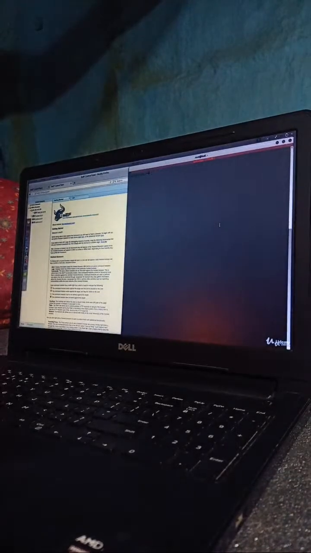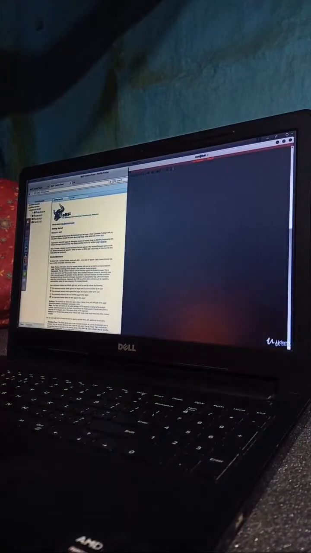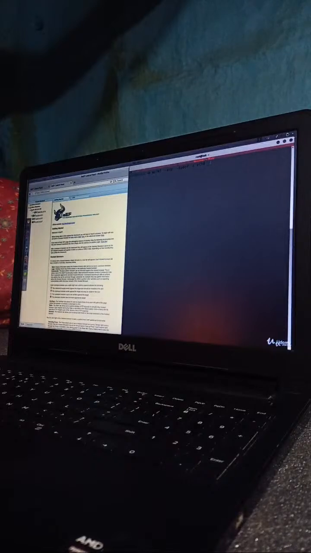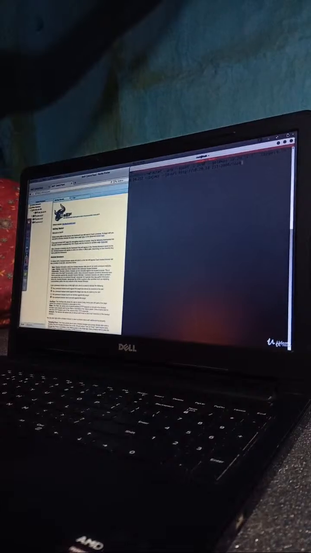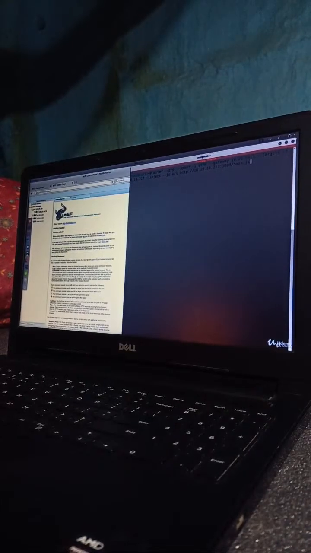So I'm going to use a tool called MITMf, and I'm going to do an ARP spoofing attack. I'm going to give it my network interface, the gateway, and the target IP address, which is the address of the Windows machine. Then I'm going to tell it that I want it to inject a JavaScript URL, and I'm going to give it the location where the hook code is stored. I'm going to hit enter,